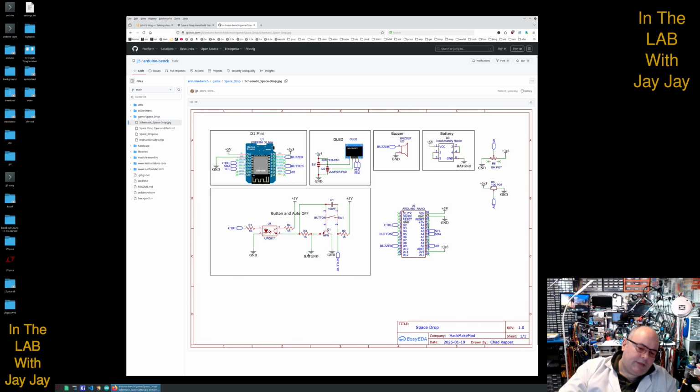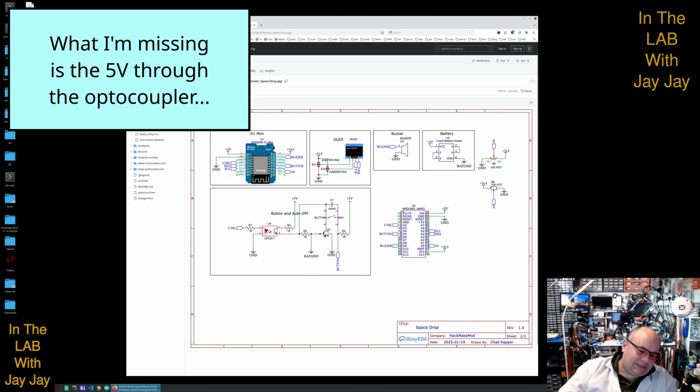But if this is at ground, how does grounding the base of the transistor keep the transistor on? I would have thought if that's ground, then the transistor will go off and these ground and battery ground will be disconnected. So what must be happening is this is going around here, and once it's started flowing, it'll just